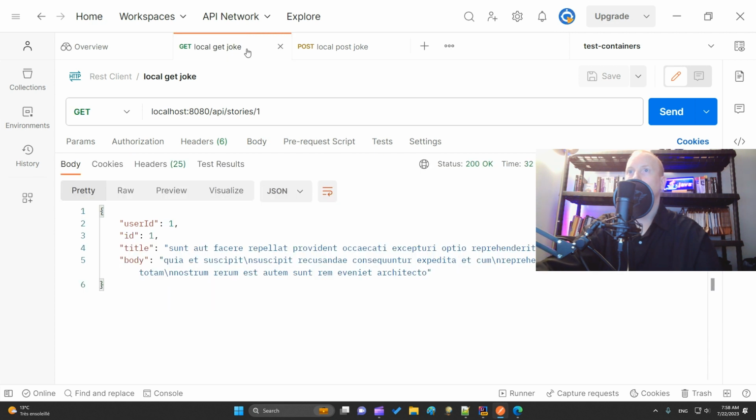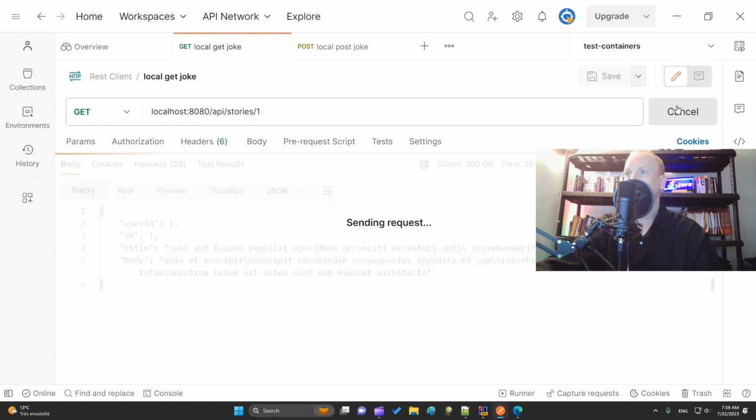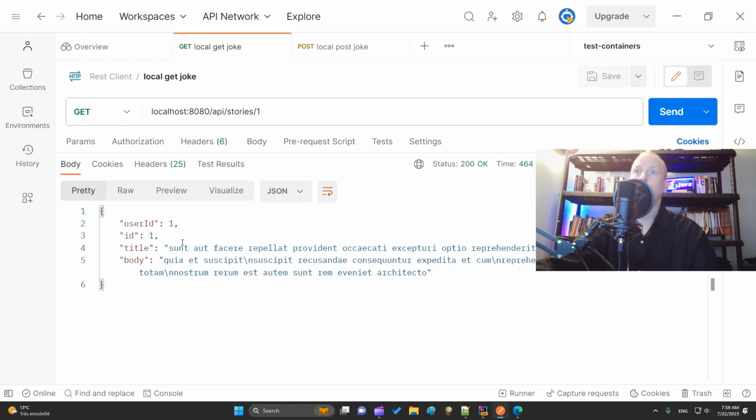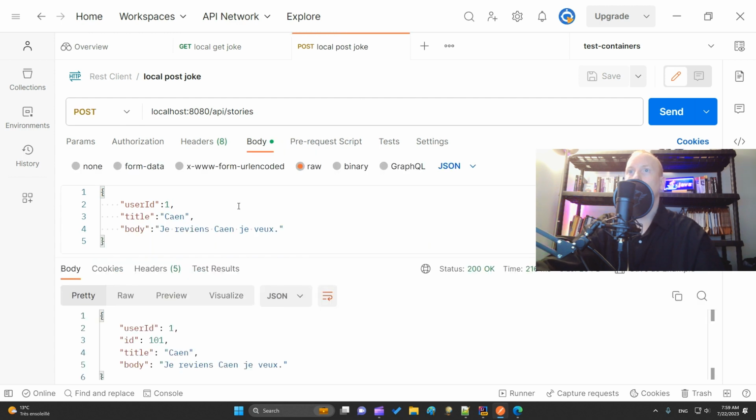For the get, we have localhost 8080 /api/stories/1 sent, and it returns user ID, ID, title, and body. And for the post, we put a body with user ID, title, body, and it returns a user ID, ID, title, and body. Okay, so the application works great with REST template.